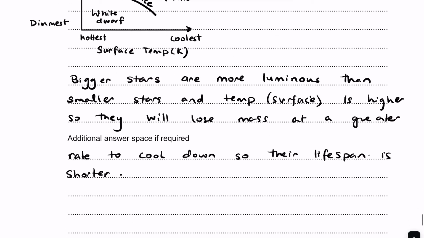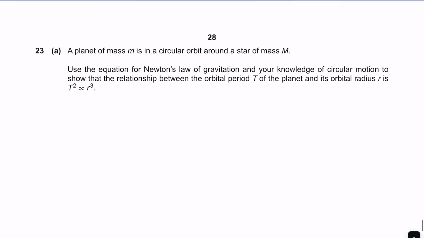Okay, let's move on to hopefully our last question, where we are given that a planet of mass m is in a circular orbit around a star of mass capital M. Okay, cool. Use the equation for Newton's law of gravitation and your knowledge of circular motion to show the relationship between the orbital time period T of the planet and its radius r. Okay, so this was one of the very common questions that I've seen in the past as well. This is basically Kepler's law, and over here we have to prove it,